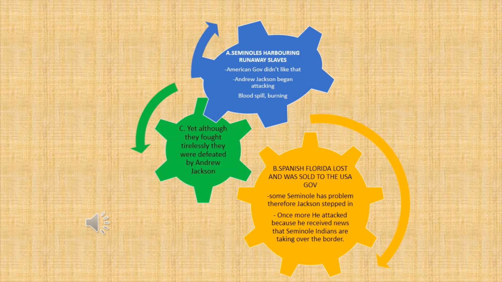So during this defeat, since they were ex-slaves and ex-runaways, once Andrew Jackson won again, he took in the Seminole Indians and the Seminole Negroes, which are the black Seminoles. He started to treat them like slaves again. So eventually they went back to their original condition. They became slaves again, like from the start. But this is by Andrew Jackson.